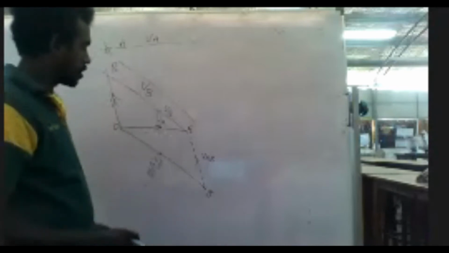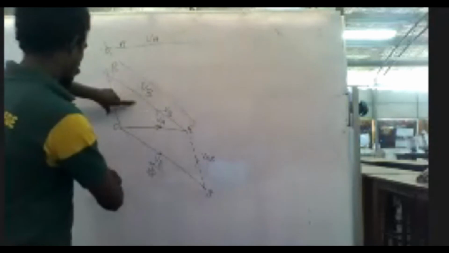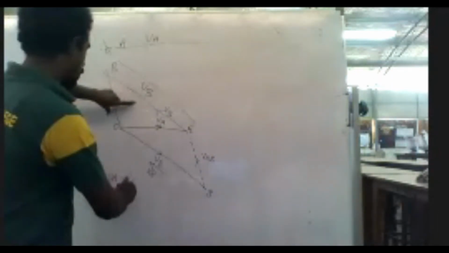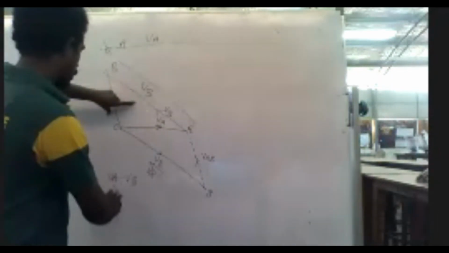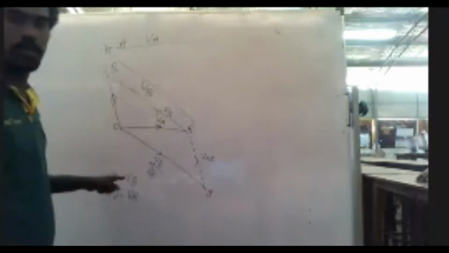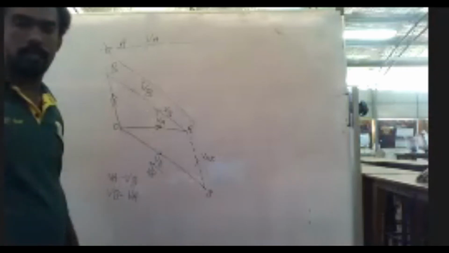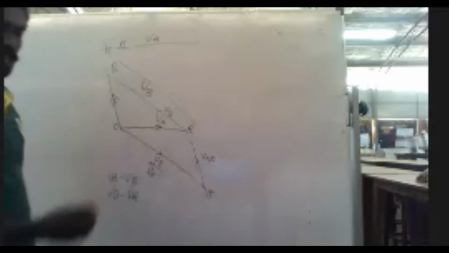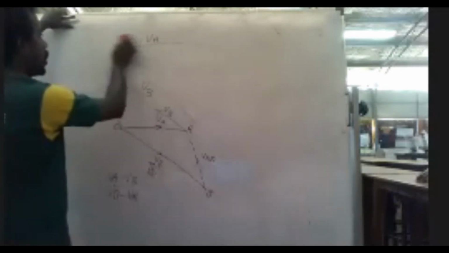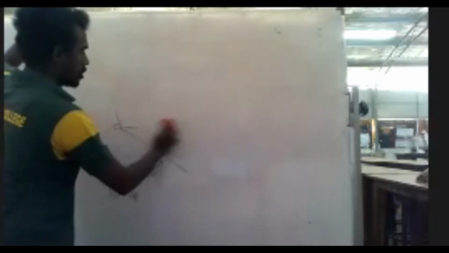The formula is again the same. If I want to find the relative velocity, either VA minus VB, or I will go for VB minus VA. For both of these, the magnitude is going to be the same, but the direction would be different. With this brief introduction, we will go on to see how to find the relative velocity in a mechanism.